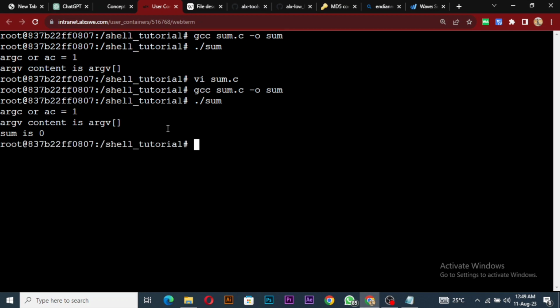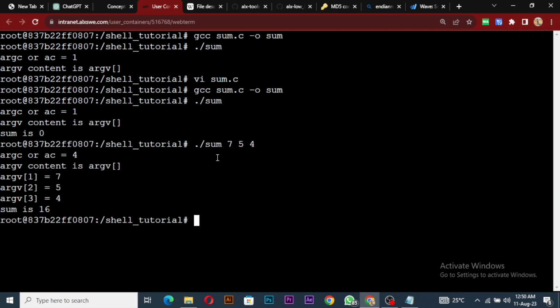So we'll get this, but wait, why is it not printing this guy? So sum is 0, right? Because we don't have anything. So if we pass in 7 and 4 and 5, right, this should work, right? It's telling us that our arg at index 1, why it stopped here, because it's not printing the program name, because I've reduced the value of the content, right, to